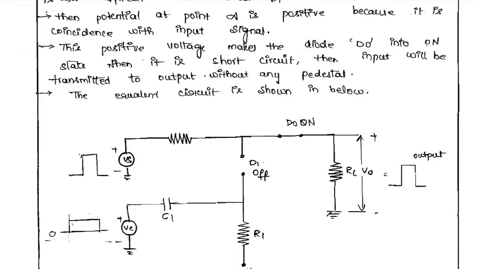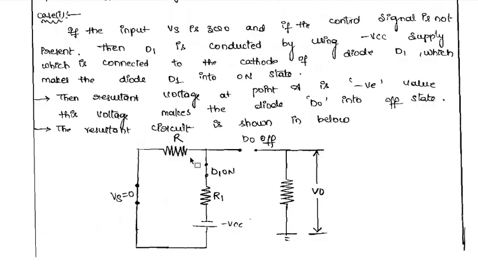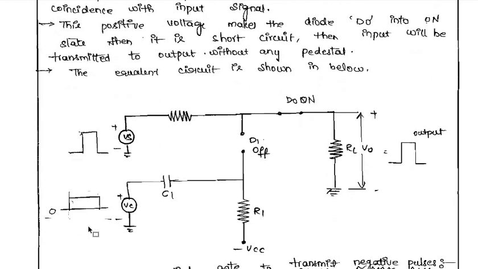Clear? So I'll revise once again. So what was the topic we have discussed here? The unidirectional gate diode that will be eliminating the pedestals. So in the first part, we have given input as 0, so of course we won't get any kind of output here, so there is no point of removing the pedestal also. In the second part, when you are giving the positive input voltage as well as the positive control signal, if they both are coming at a time, you will be getting a pedestal over here. Then the lower part, that's what we have removed.